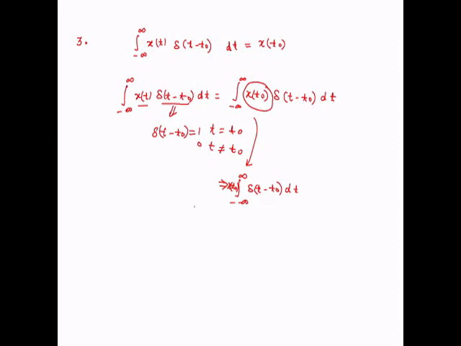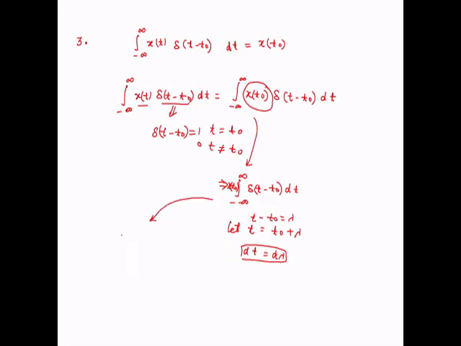Let us put t minus t naught is equal to lambda. So if it is so, then we can write t is equal to t naught plus lambda. We can take the derivative, that will be dt is equal to d lambda. So we can write this after putting this value